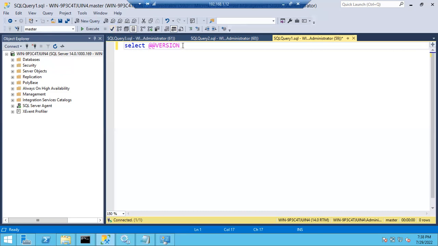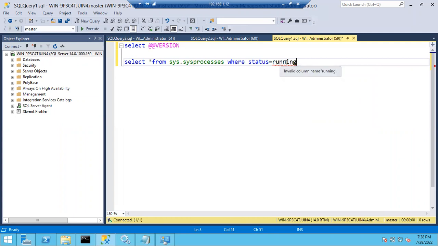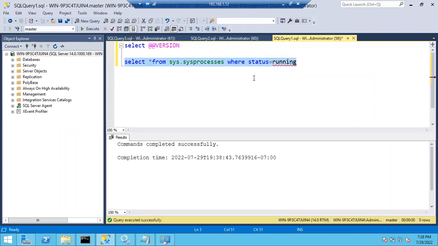This is a very small query, right? No issues. For example, let me write like this: select star from sys processes where status is equal to something like running. Now if I want to execute, you can see there is already an error here, running. You can see the red mark. Before executing, you can still parse it. It will tell you whether the query is right or wrong. Sometimes it will tell you it completed successfully, but if you select and execute,